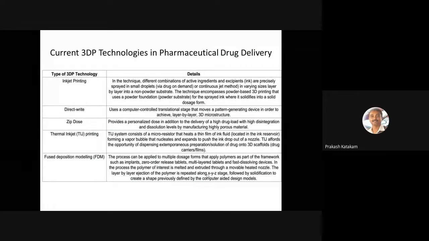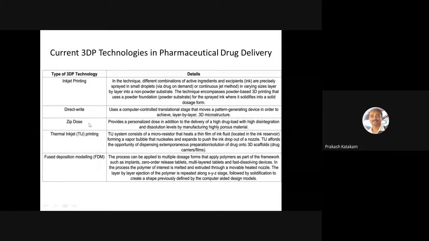So coming to pharmaceutical field, the following technologies are popularly used. Number one is inkjet printing. Most of these techniques we have already discussed. I just want to show you which techniques are most popularly used. Direct wire is something like direct energy deposition where a polymer wire is melted and printed.